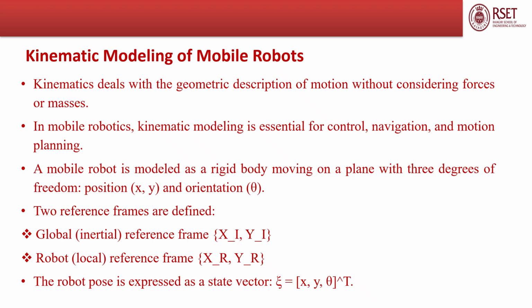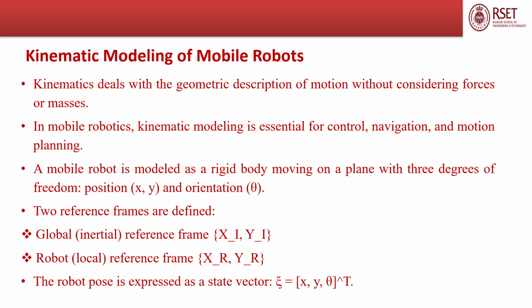Now we'll see the kinematic modeling of mobile robots. Kinematics deals with the geometric description of motion without considering forces or masses. In mobile robotics, kinematic modeling is essential for control, navigation, and motion planning. A mobile robot is modeled as a rigid body moving on a plane with 3 degrees of freedom: position along